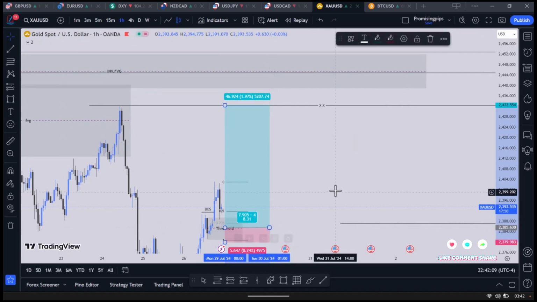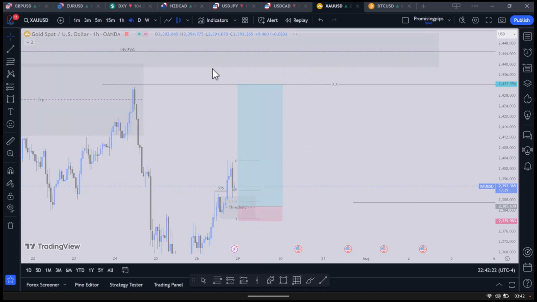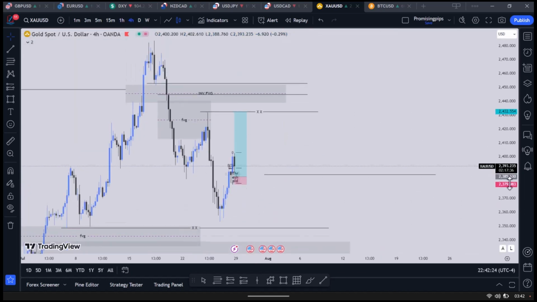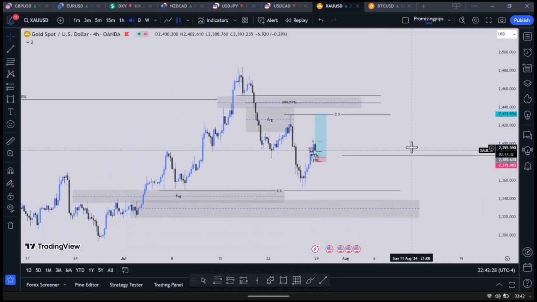But if I'm not seeing any means of buying, probably on the New York session Monday, Tuesday, right, then I'll be patient enough on the higher time frame for the higher time frame to give me legs for me to do what? For me to buy or sell.